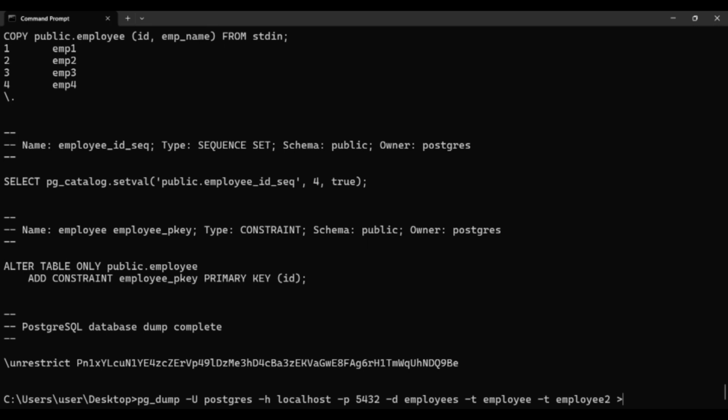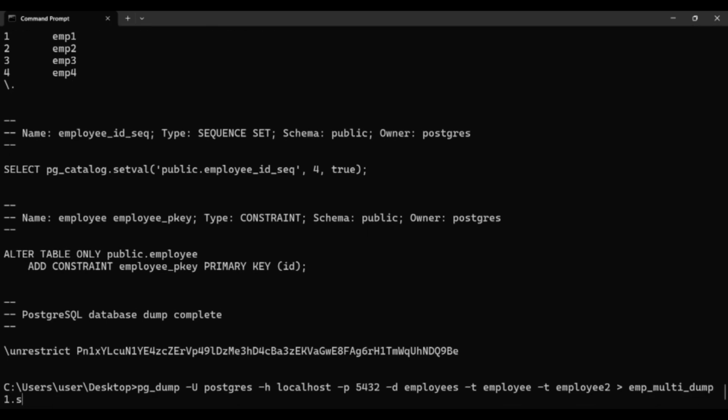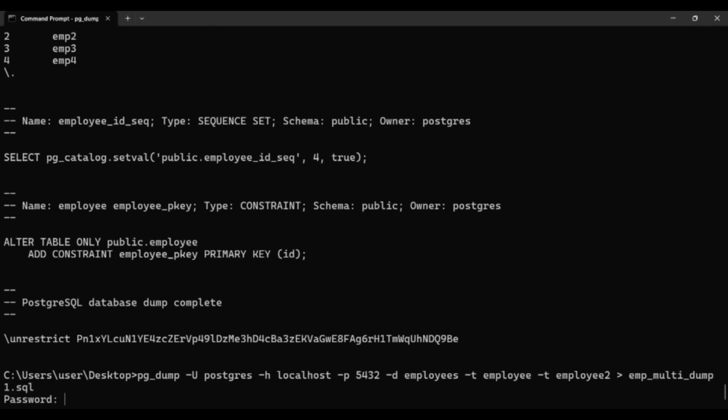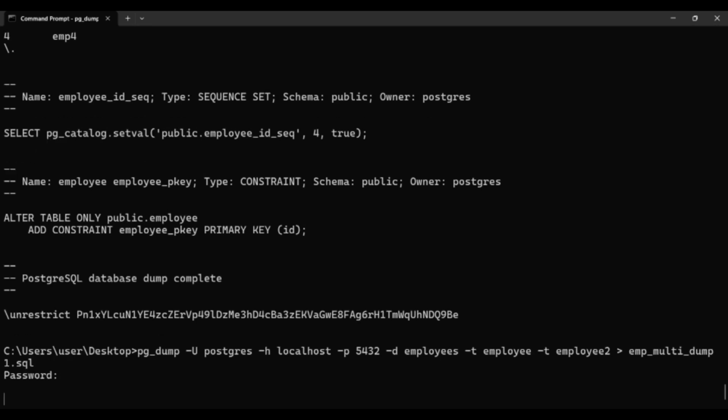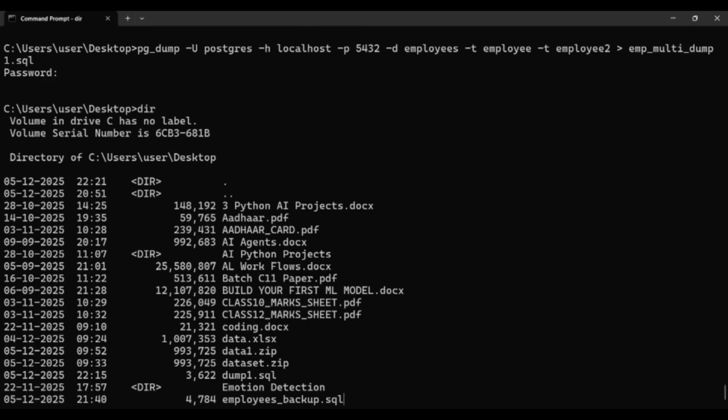Because in a multiple tables dump, you can dump two or more tables. All right, and then greater than the name of the dump.sql file,